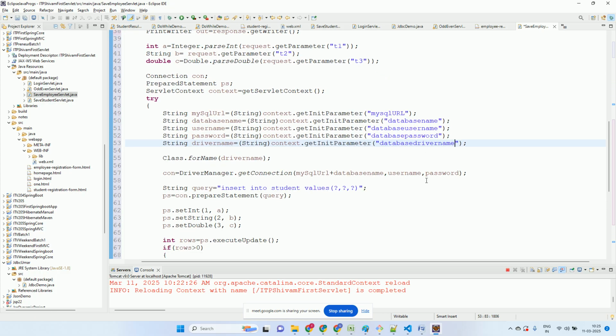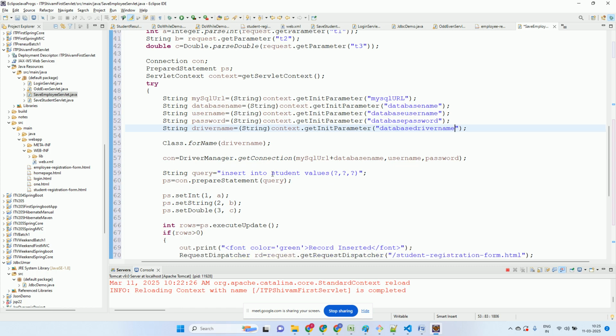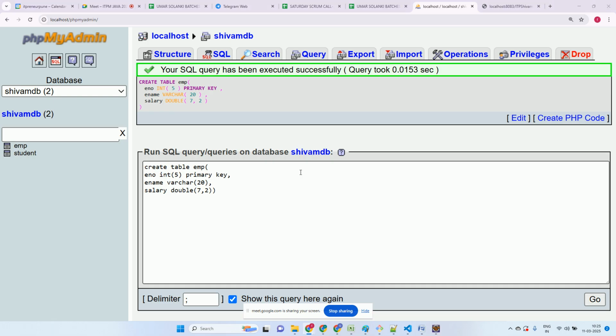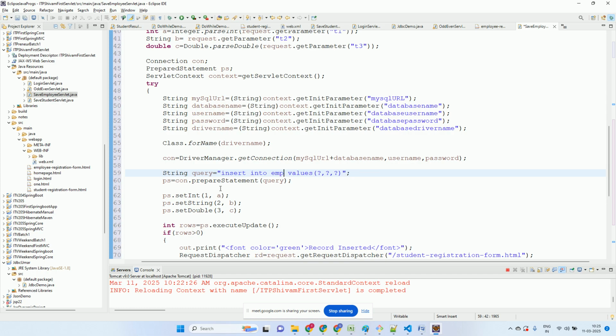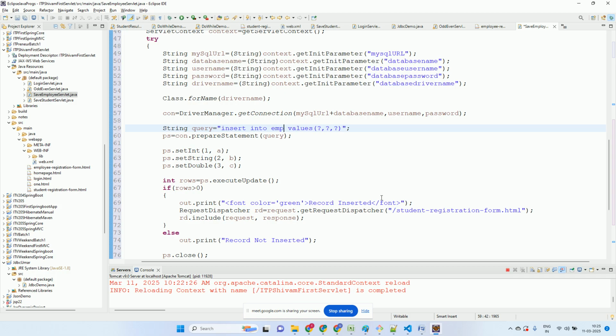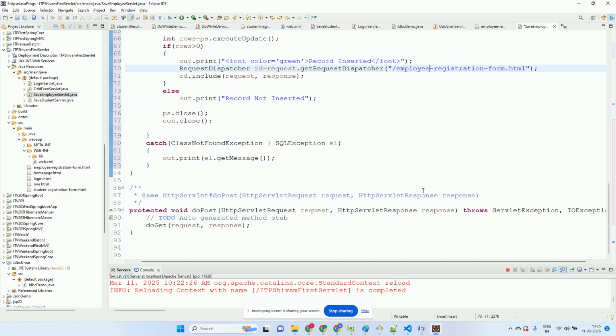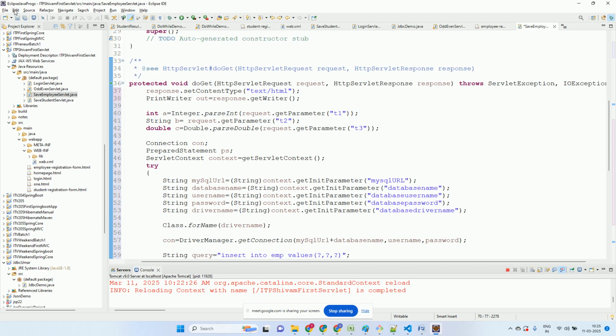Okay, insert into EMP का employee है, EMP, ठीक है ना? EMP values, one is A, B and C. Okay, record inserted and routed back to employee registration form. else दिखा देंगे, ठीक है? तो ये हम लोगों ने कहाँ से फेच किया अभी? सारे कॉन्टेक्स्ट से फेच कर लिए,